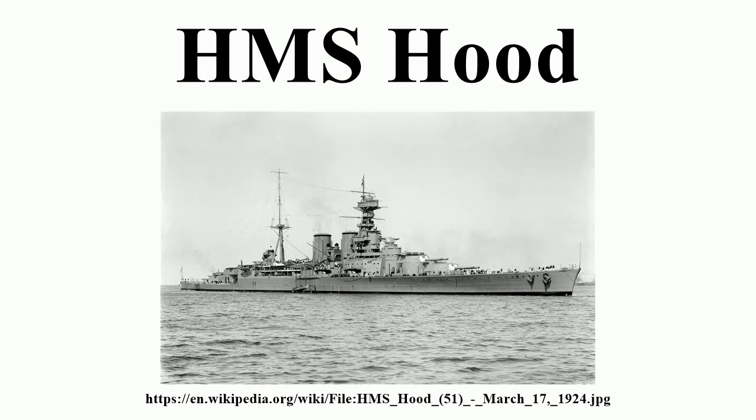generation of 16-inch gun capital ships that emerged soon after her completion in 1920, typified by the American Colorado-class and the Japanese Nagato-class battleships. The Royal Navy were fully aware that the ship's protection flaws still remained, even in her revised design. So Hood was intended for the duties of a battlecruiser, and she served in the battlecruiser squadrons through most of